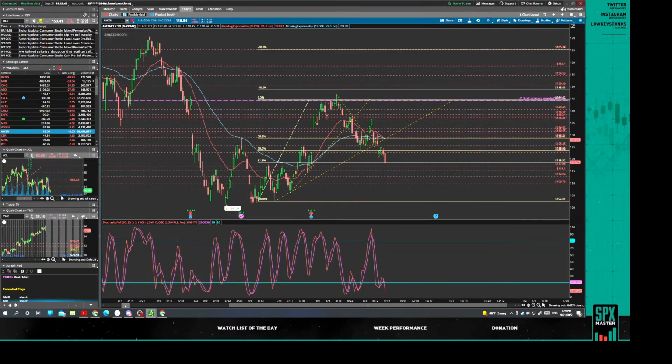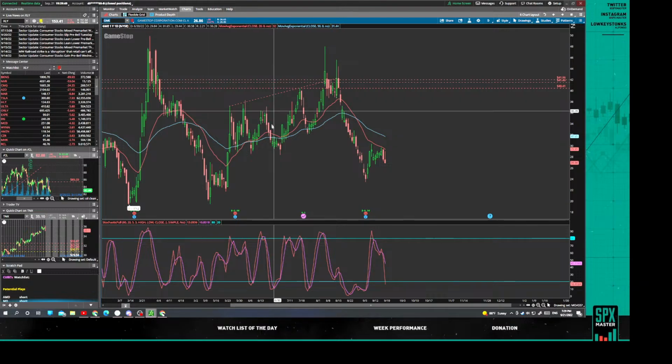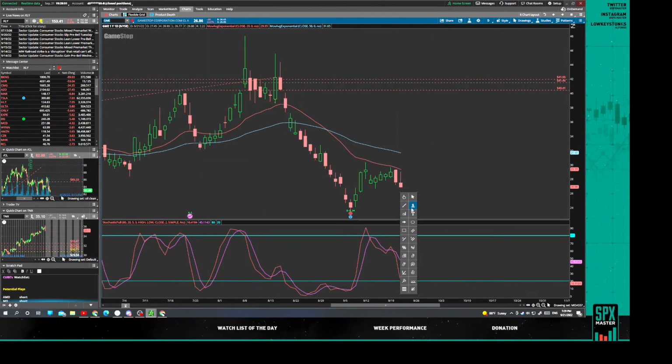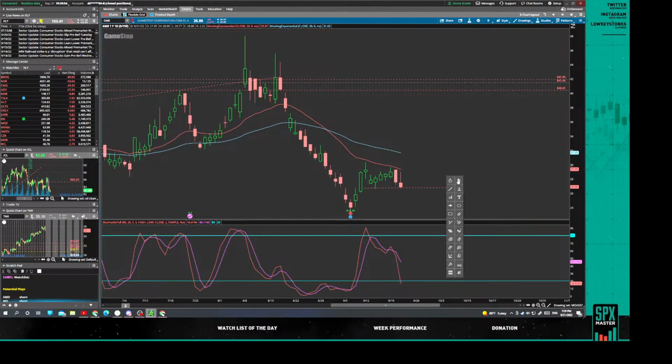So, let's see what else. Somebody asking me about GME on the other chat. I'm gonna look at GME. GME, beautiful setup. Whoever pointed it out. There's a little support right here. But I would love to short a break of that support. Oh, I'm sorry, this got stuck. Let me think or swim and think.